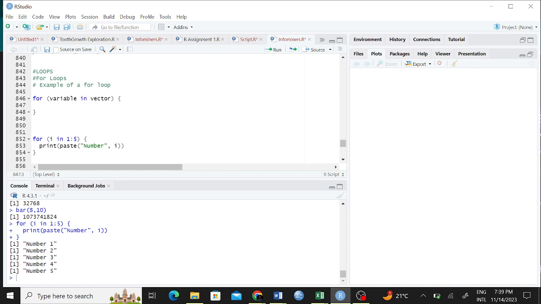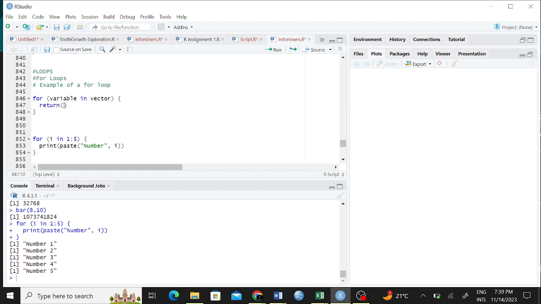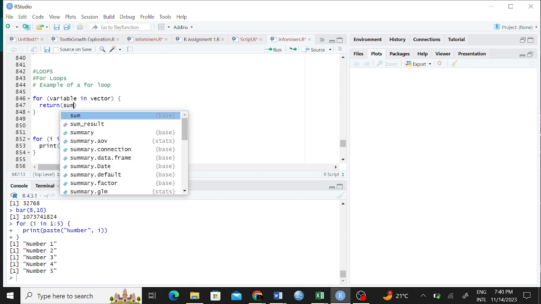You're supposed to maybe return, you can even say maybe return that value, right? Or let me say return the sum of that value that you have, add 1 to it, maybe add 3 to it.